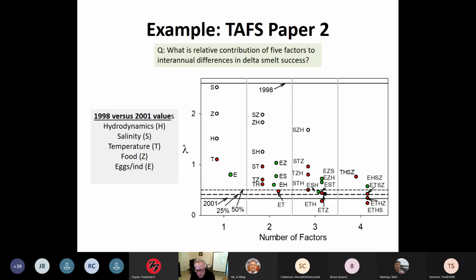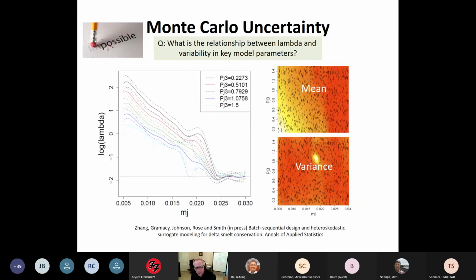And I think we did a pretty good job at identifying not only the individual conditions, food, salinity, flow, hydrodynamics, temperature, but also the combinations that actually, each one may not look so bad, but together they're pretty bad. And then 3 at a time. And of course, this would be impossible to tease out from field data. And it was tricky to do it here too, but you can do it in this kind of simulation environment.